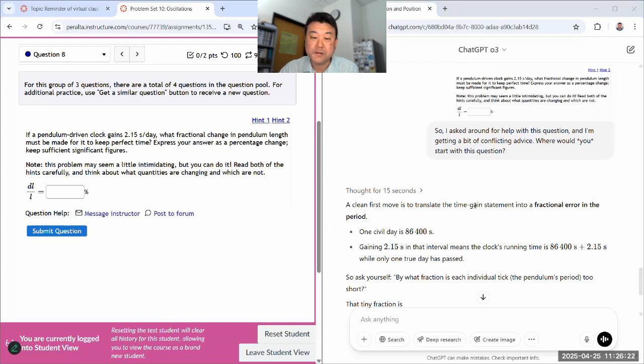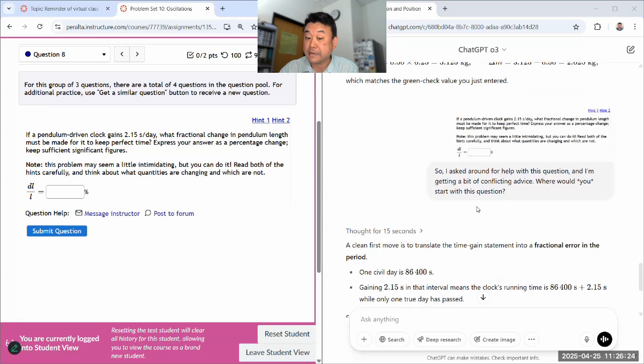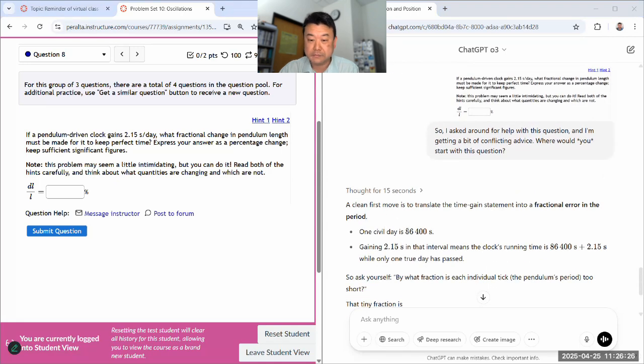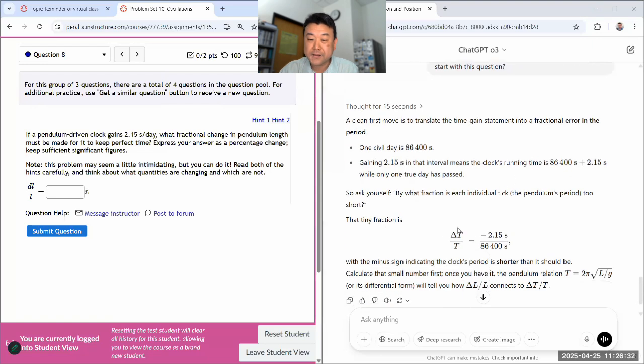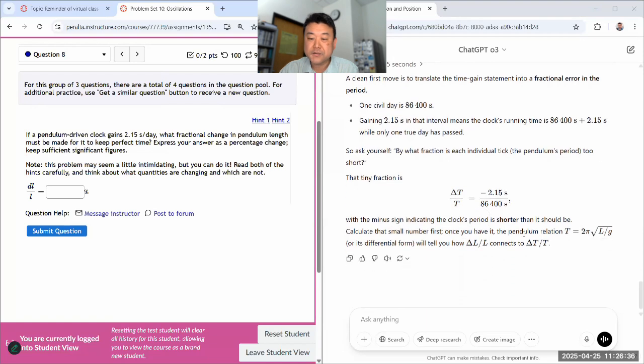That would actually be an improvement. That would be better, I think. Okay, what fraction? Yeah, that tiny fraction is that. Okay. Calculate the small number first. The pendulum relation is... We'll tell you how that connects. Okay, so let's say,